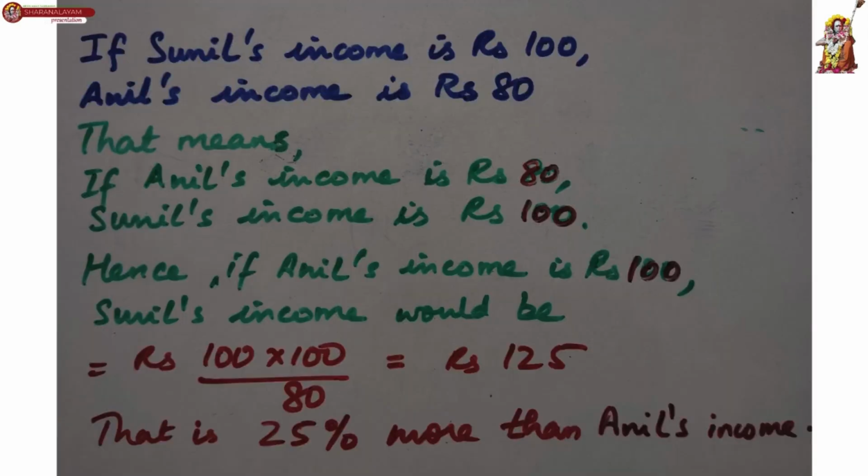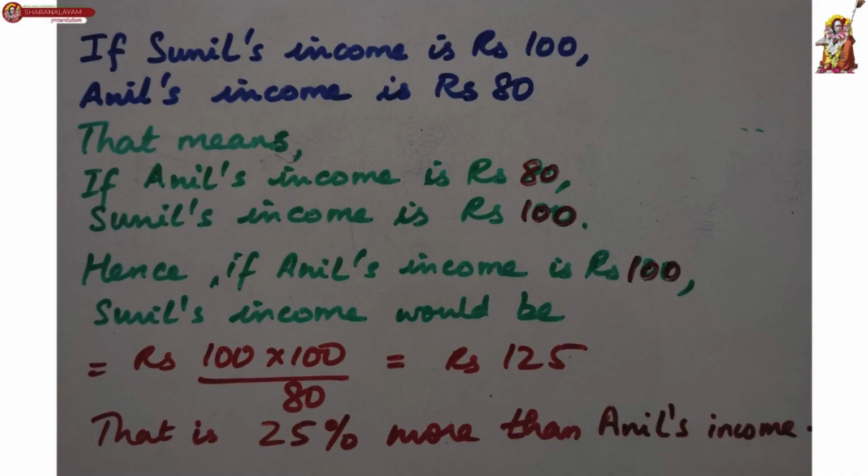Now, method 3. If Sunil's income is rupees 100, Anil's income is rupees 80, right? We already saw that. That means if Anil's income is rupees 80, Sunil's income is rupees 100. So, we just reverse the order. If Anil's income is rupees 80, Sunil's income is rupees 100. Hence, if Anil's income is rupees 100, Sunil's income would be rupees 100 into 100 upon 80,